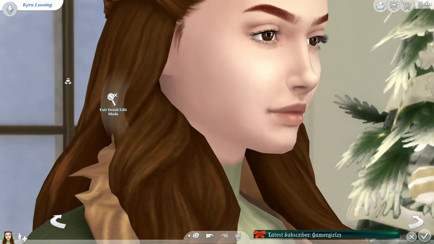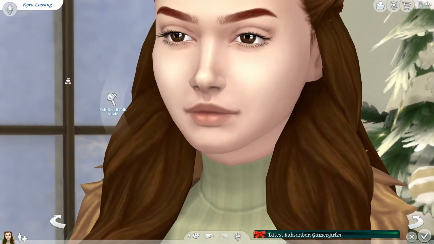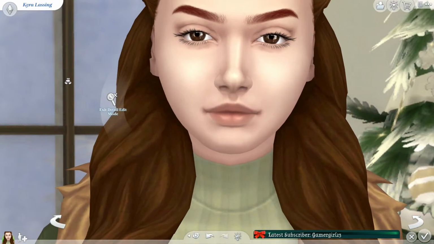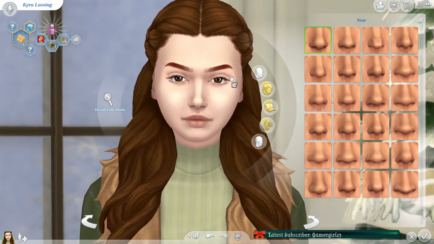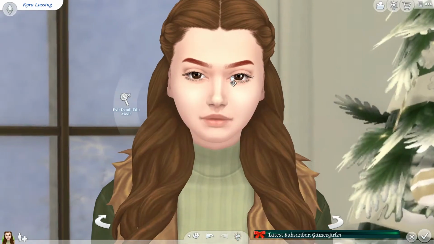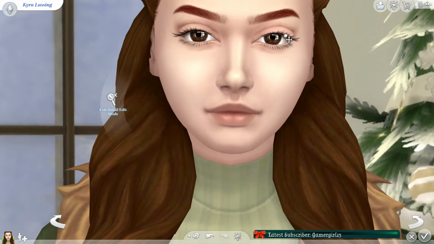I might have to play with some settings because that has the face going a little bit too, it might be to do with the mod that I have and to make them be still. I feel like the close-up's too high. Okay, so she has big eyes. I don't want unnatural looking eyes though. She's still supposed to be